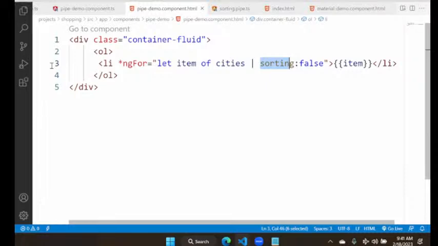If it is true, then it is going to display in descending order. It will display in descending order. That means this value belongs to which property? Reverse. Sometimes people have a habit of writing like this also. We can write reverse. Reverse, what is the value of